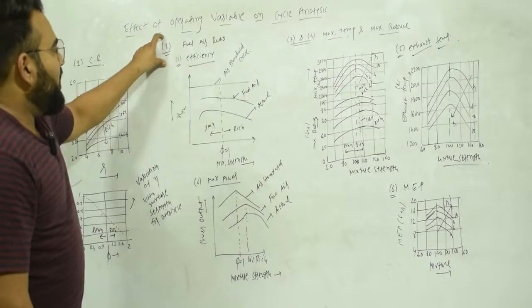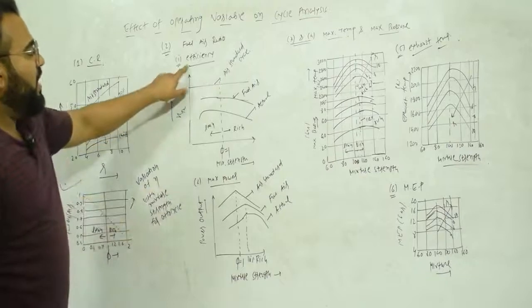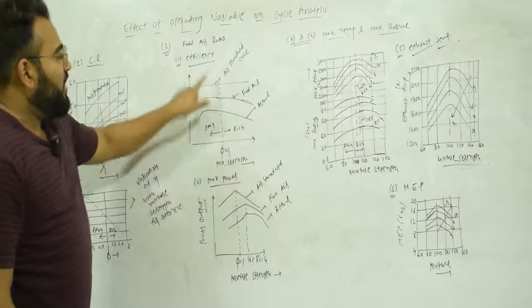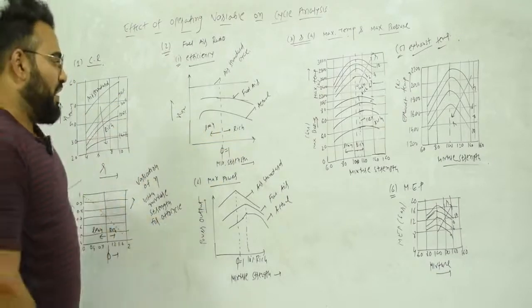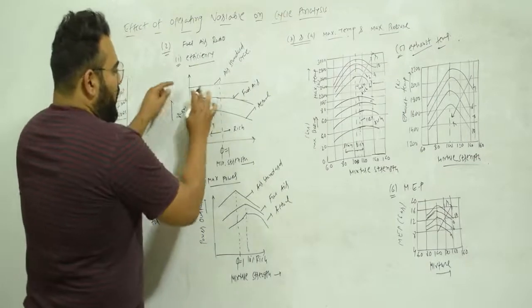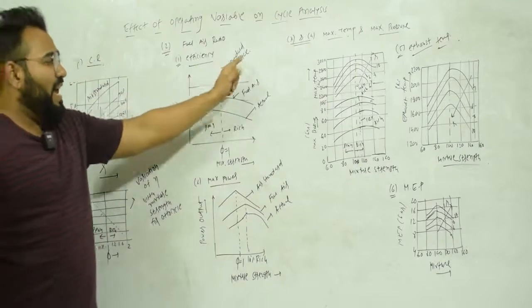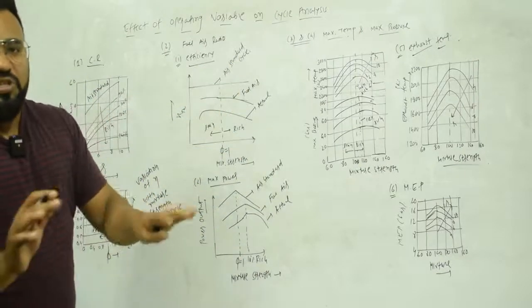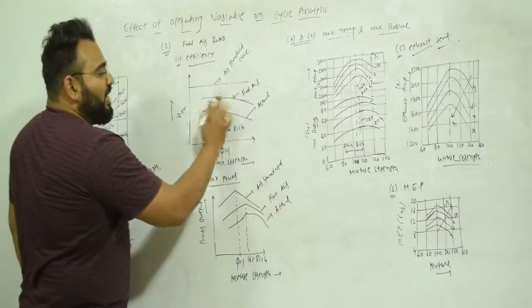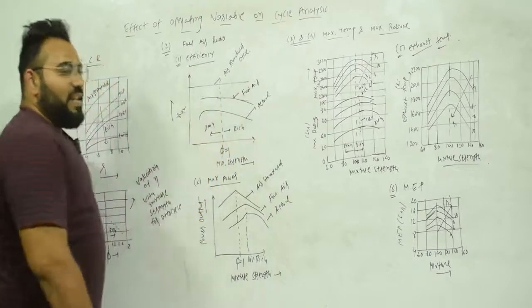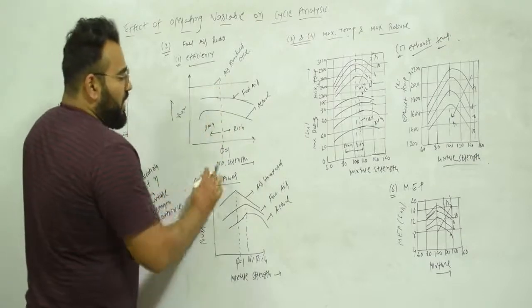Now the next operating variable is the fuel air ratio. Here we are going to discuss the effect of mixture strength on thermal efficiency. On the y-axis we have thermal efficiency, on the x-axis we have mixture strength. For the air standard cycle, the thermal efficiency is constant. Why? Because there is no variation; in the air standard cycle there is only air, no mixture. That's why there is only a horizontal line. But for the fuel air cycle and the actual cycle you can see the variation, because there is a mixture of air and fuel in both.